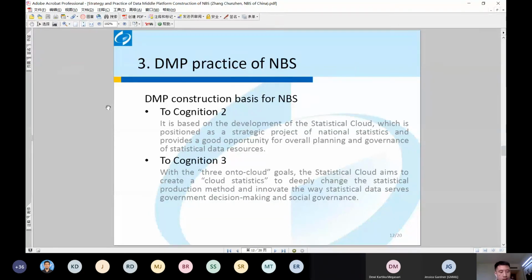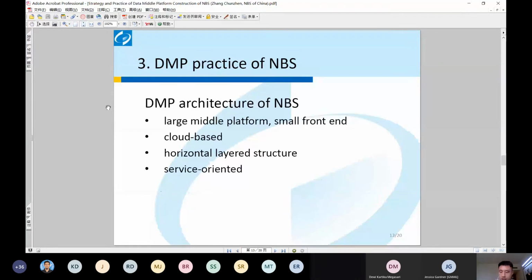I will introduce details about the DMP of NBS. The following pages include the architecture diagram as shown in the figure. You can see